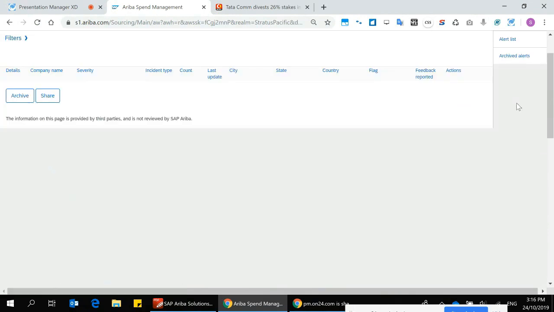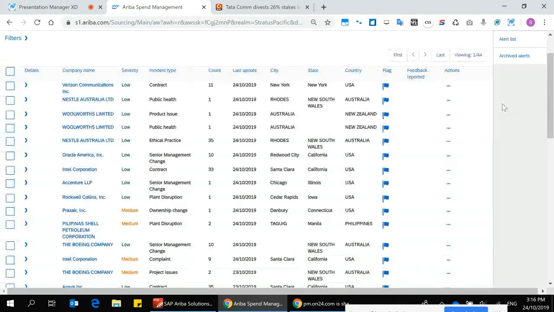This is continually updated through those 600,000 sources. And a key element here is these lists are able to be sent as an email, and I'll talk a little bit about that configuration, but you're able to opt in and say, I'm interested in particular items. Management change, I don't particularly care. It's a low. I don't want to send an email, but if there's a plant disruption, because I'm a supply chain manager, that's very critical, and I need to take some action around that.